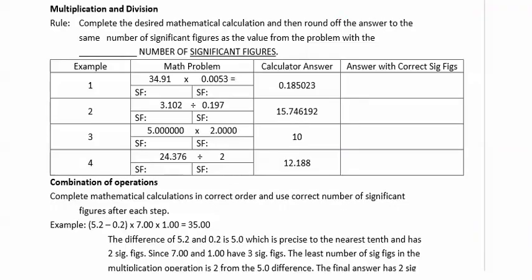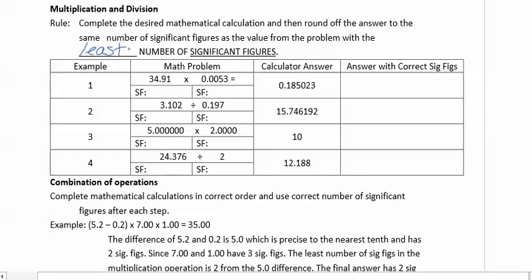So the next set of rules is for multiplication and division. Multiplication and division have their own rules for significant figures, which are slightly different from the previous. Keeping in mind, addition and subtraction rules are generally a little bit harder than multiplication. However, multiplication and division rules can end up being a little trickier in some cases. What we're going to do is the mathematical calculation, then round off to the same number of significant figures as the value of the problem with the least